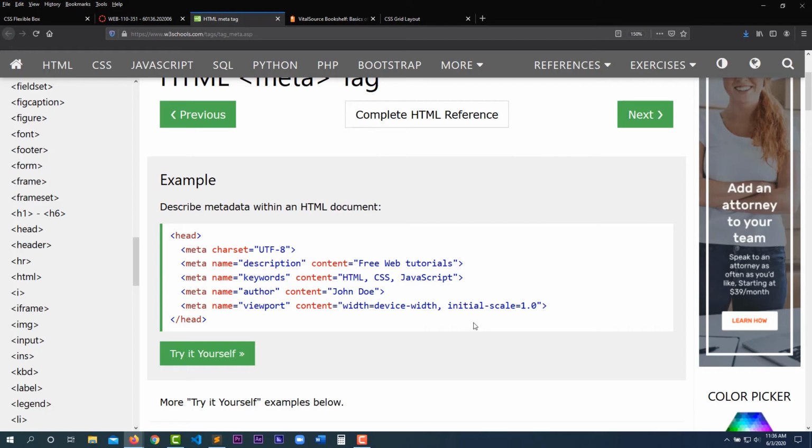For example, if you were to go on further and study search engine optimization, descriptions and keywords are often used to assist with search engines being able to look through your website and also rank it. So if you're looking to improve the findability of your website and also the ranking of it,